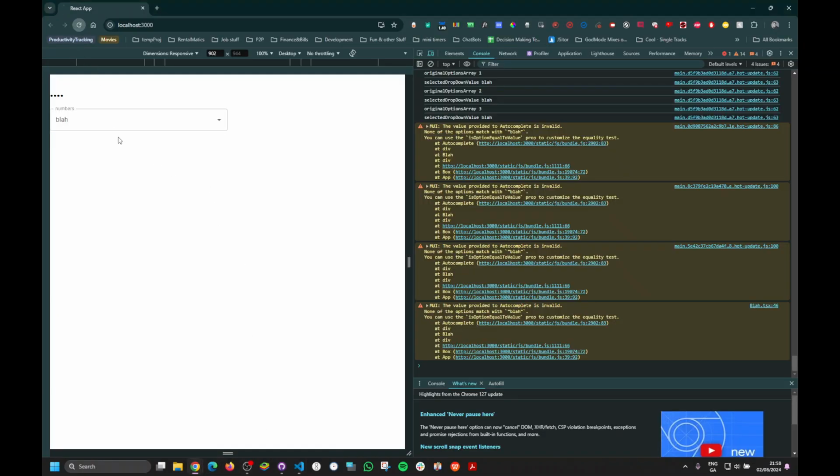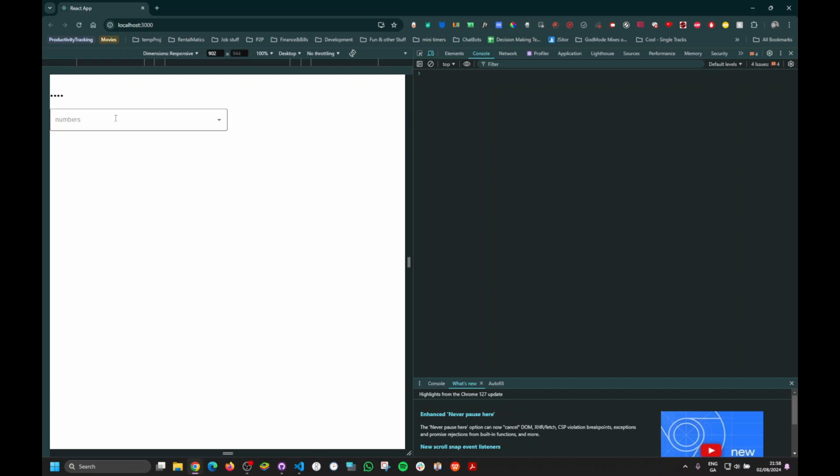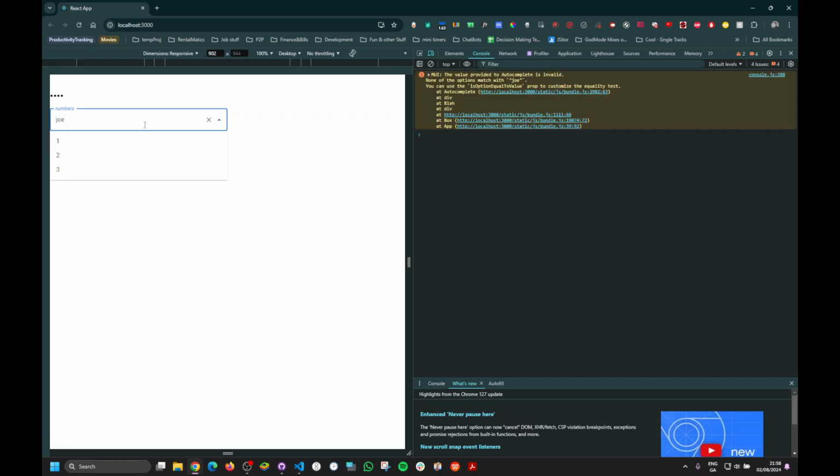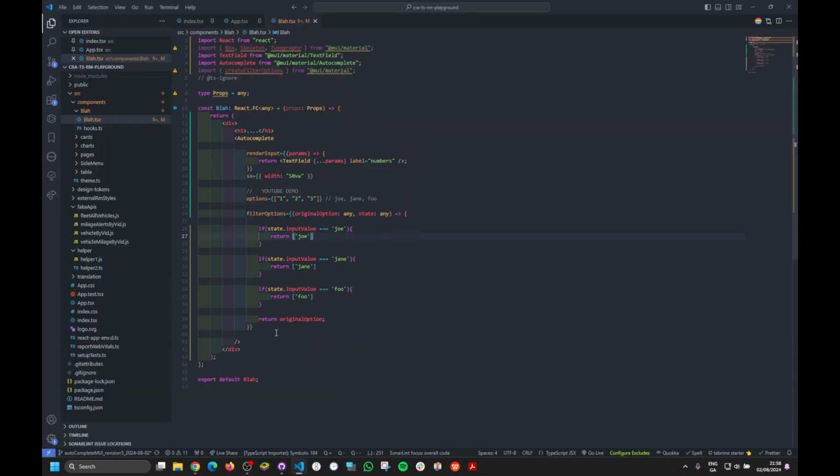But look, if we have 1, 2, 3. If we type Joe, okay, boom. The problem is it knows what Joe is, but it doesn't know which option Joe belongs to. So it doesn't know what to highlight. That's why you get this yellow warning. Okay? So to fix that, we do isOptionEqualToValue